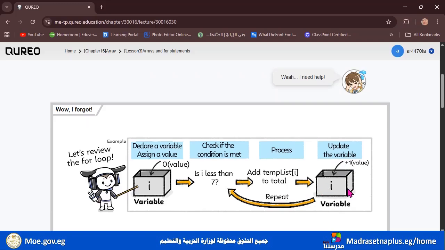We wrote I plus plus, do you remember? And I want you to repeat it again and again. Check if the I here is less than 7, then add the 10 plus I, okay, and increase it or update it by 1. And repeat it each time till you reach 7, and it will stop.